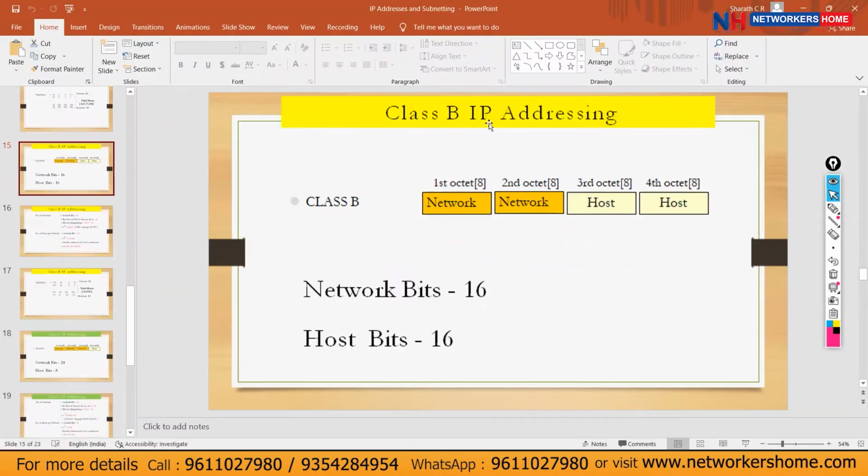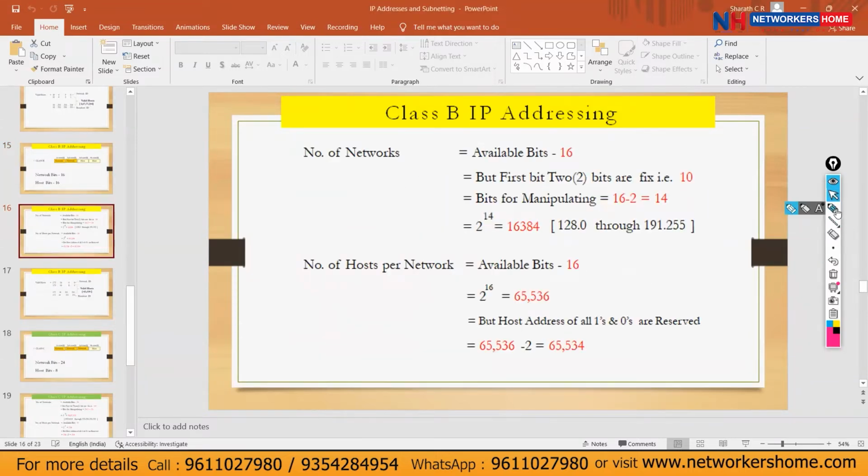A class B IP address has the first two octets as network octets and the last two octets as host octets. Network bits is 16, host bits is 16. Number of networks: how many classrooms can we create? Available bits is 16, but the first two bits are the same in a class B IP address.